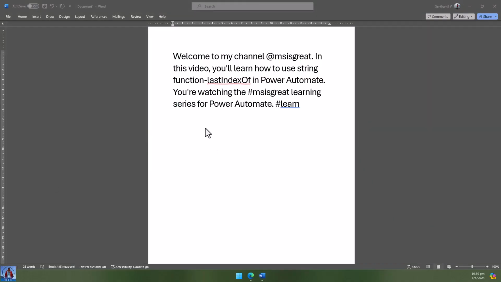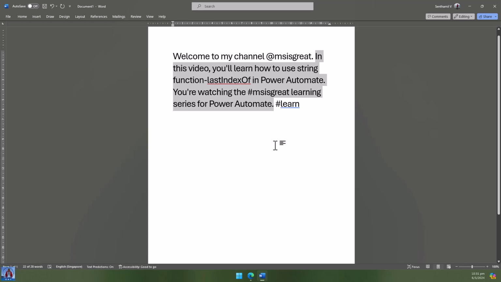In this video I am going to take the sample text and try to get the value of the text within this range. So basically I'm going to strip out two sentences starting from at MS is great. So let's see how we can take a part of the string using the indexOf and lastIndexOf functions